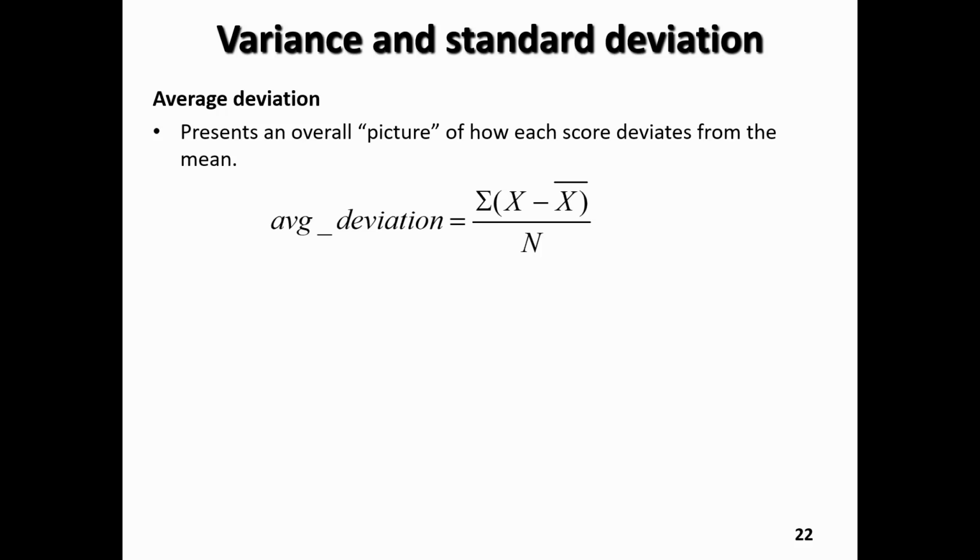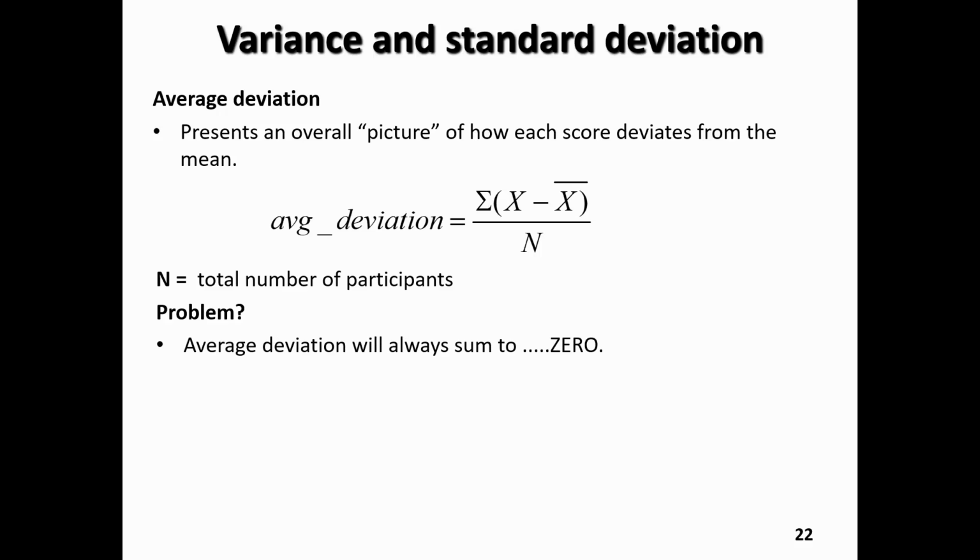And so what we see here, to compute an average deviation, we just simply sum up all the deviation scores and divide it by the total number of scores, where n is the total number of participants. The problem with this approach is that the average deviation, a single value that captures how spread out the scores